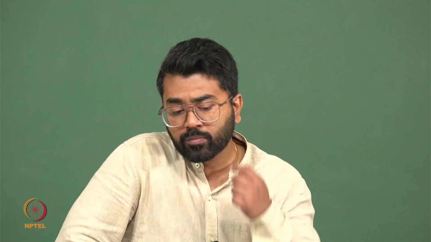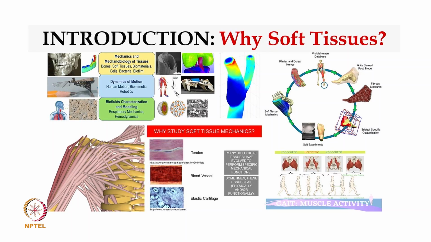You may be poking a person in 5 different places to find their vein, right? You need to understand soft tissue, where is the right place to poke and what is not to be poked, right? So many biological tissues have evolved to perform specific mechanical functions, and that's how they are all put together. So here is a summary picture on the right side top, where you're looking at something which is known